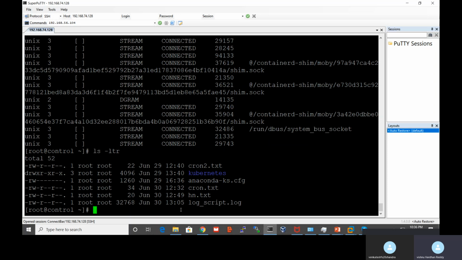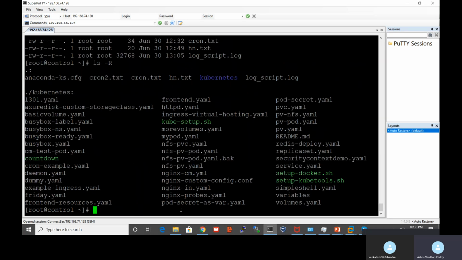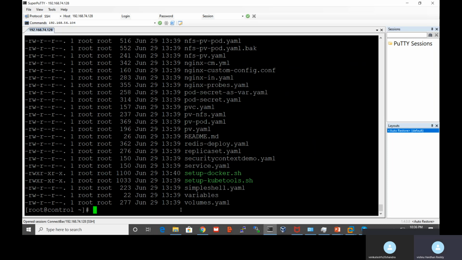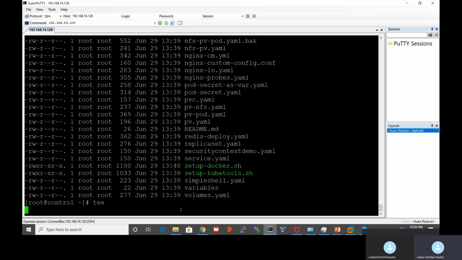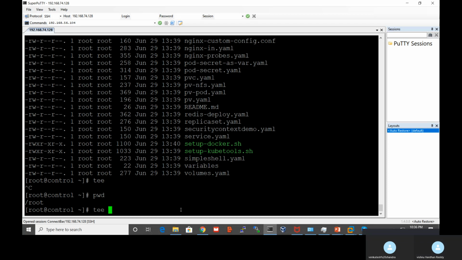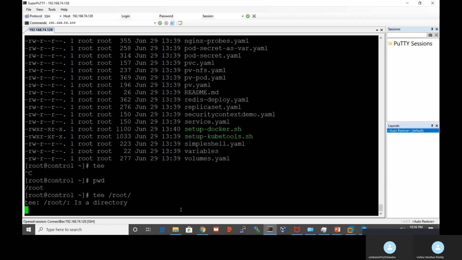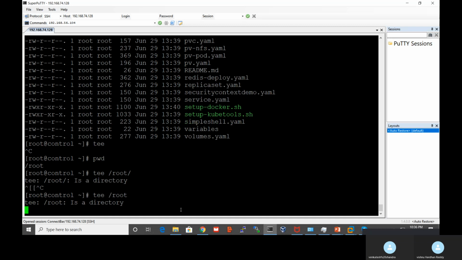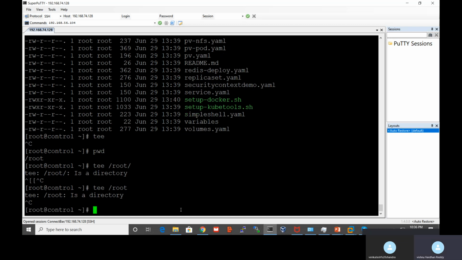So let's check, and then again ls -R, and then ls -ltr, and then Control Z, like the present working directory. Now we can check ls -ltr.